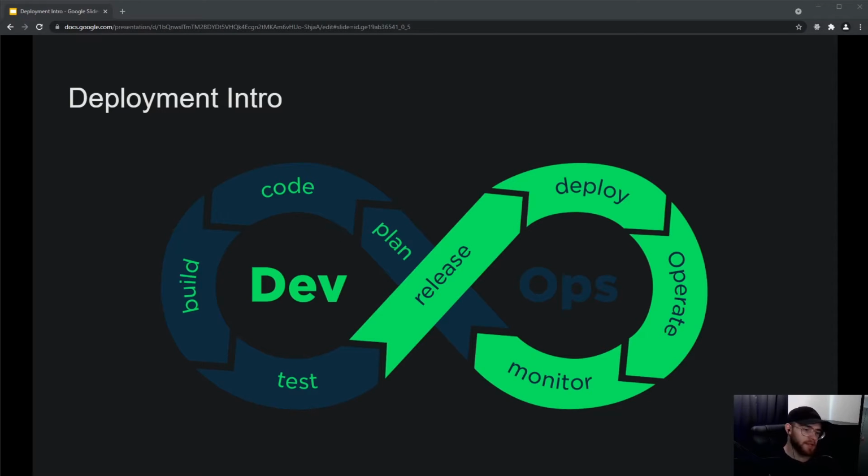So in the previous videos, we have been focusing mainly on the code aspect and the testing aspect of software development. Now, in the upcoming videos, we're going to take a look at the build phase, right? So making a build or production ready version of your React app is actually quite simple if you're using Create React App, but we're going to take a look at what is actually happening under the hood in that build